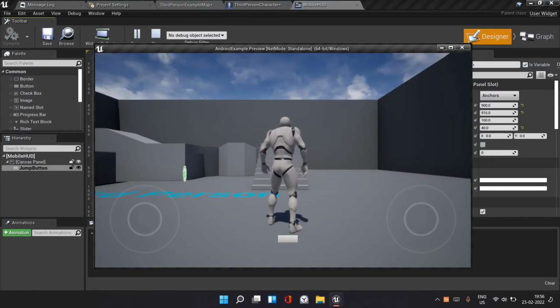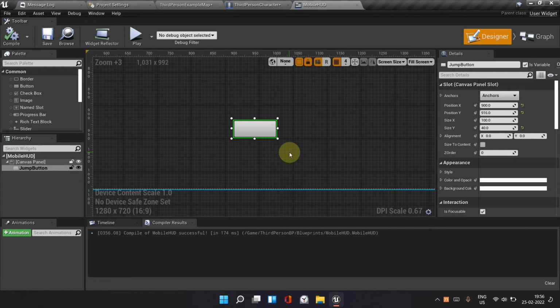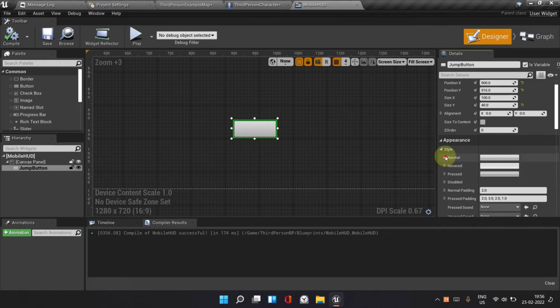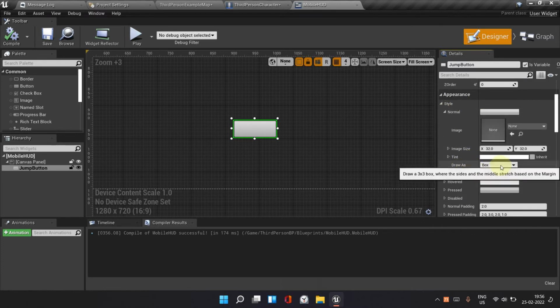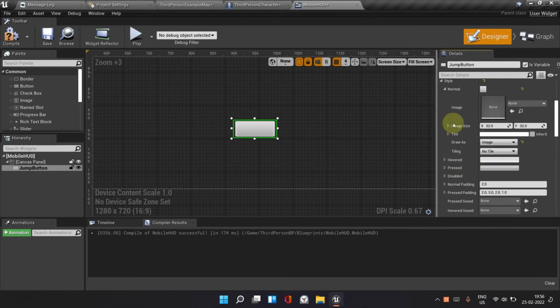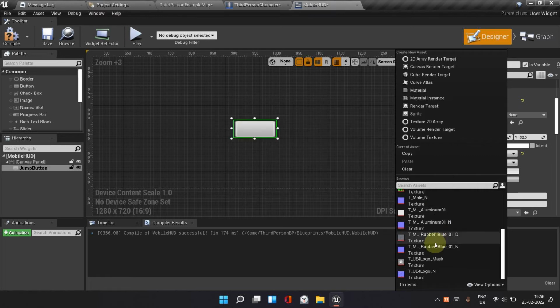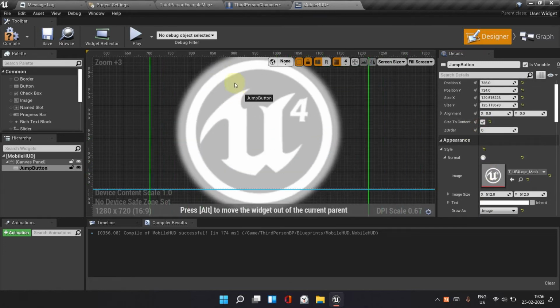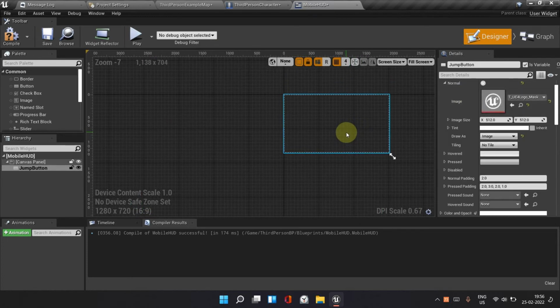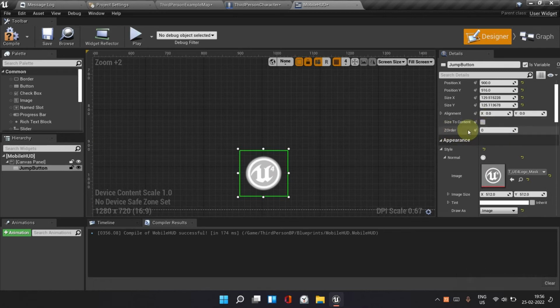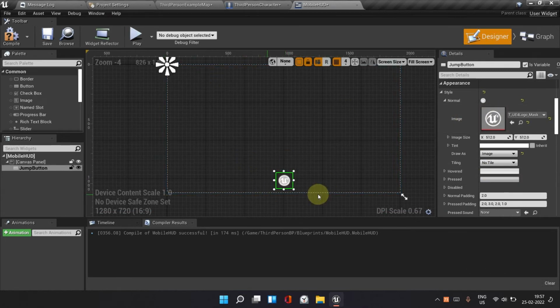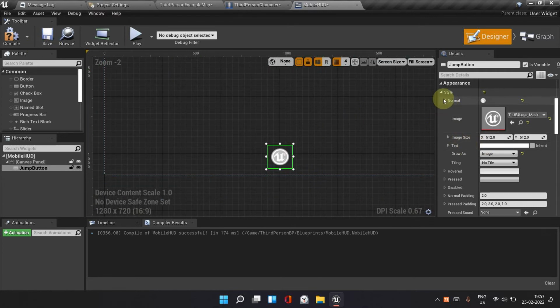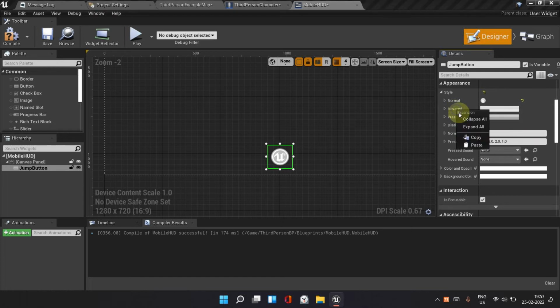So the next thing is UI, right? For UI, you can use any custom icon. You must be thinking how. So for this, go to style of the jump button, go to normal, and from here make it draw as image. And you can select any image if you have any. I will use this UE4 logo mask, the default UE, and you can make it size to content if you want it equal to the size of the image. Yeah, I won't do size to content because the default size is very big compared to the screen. And now just right click, copy, paste it forward,